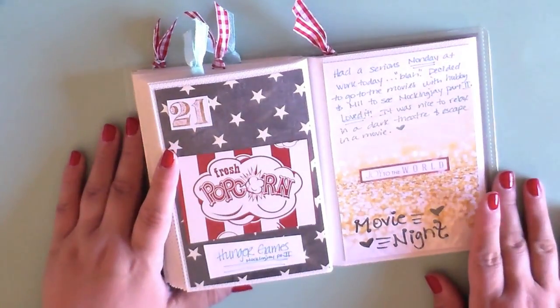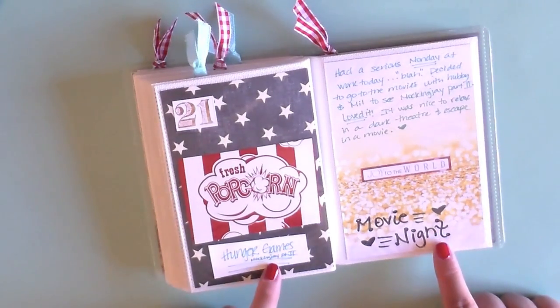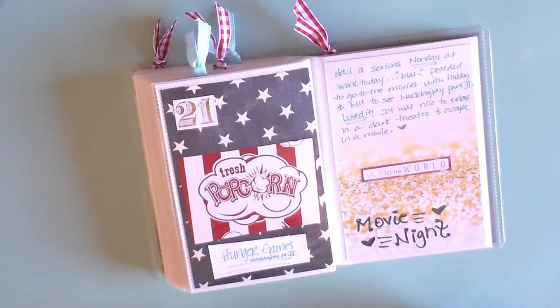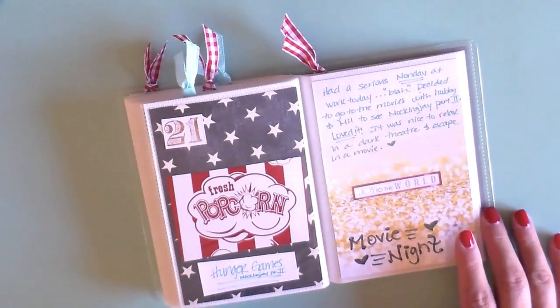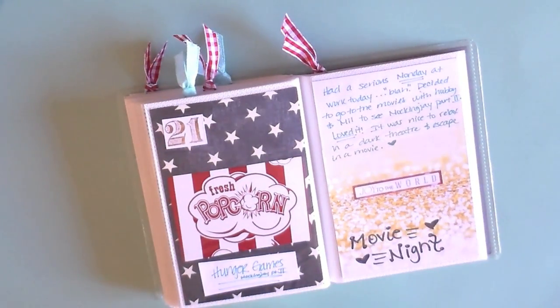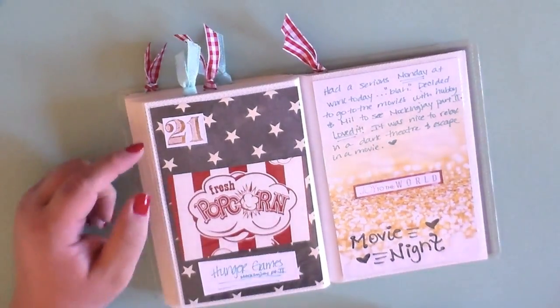The 21st, we went to the movies, so I put movie night. We saw The Hunger Games, Mockingjay Part 2, and I really loved the movie. My husband and my mother-in-law went. We watched those movies together, and so we went to that, and I just put a little cute popcorn label here,